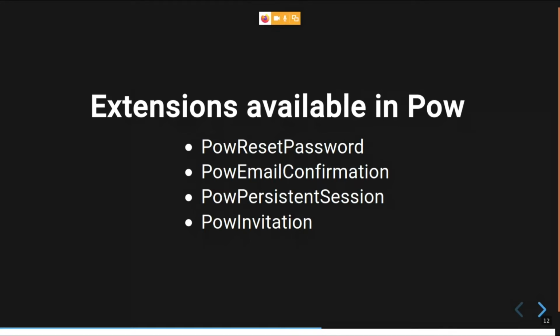Those are the basic fields present in the user schema. But when we add the extensions, that schema will be modified. And similar to the POW routes, we can use our custom schema as well. There is no need for the default schema to be used. We can use a custom schema for user as well.